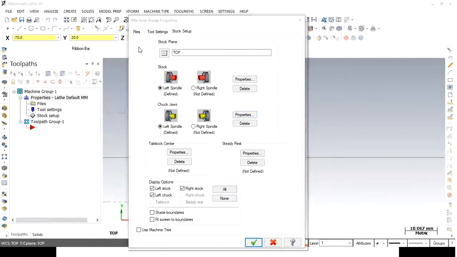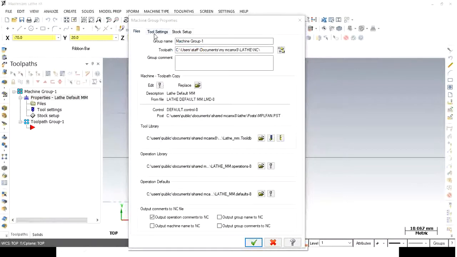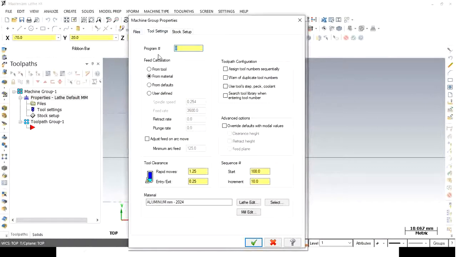Now again there are two tabs available, tool setting and files. When you click on these tool setting options, you can see that the feed calculations will be carried out from tool or from material. Generally, we are taking from material. Then tool clearance, rapid moves, entry amount. Here also you can select the material.